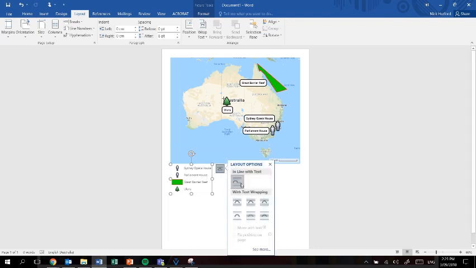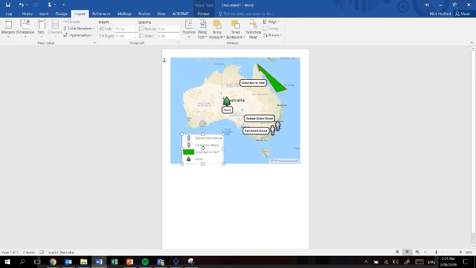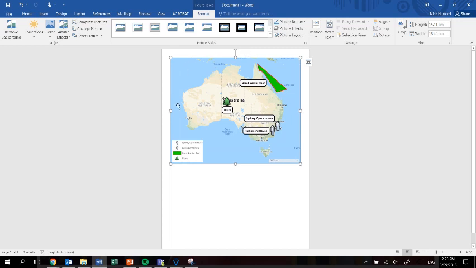I'm going to grab this one. I'm going to once again put it so it says in front of text, and you can see it automatically allows me to move it where I want. All right. This one, however, if I want to make it a little bit smaller, I can. Okay, let's have a go through again the things I need. Do I have a border? No, I don't. Okay, so let's double click on this picture